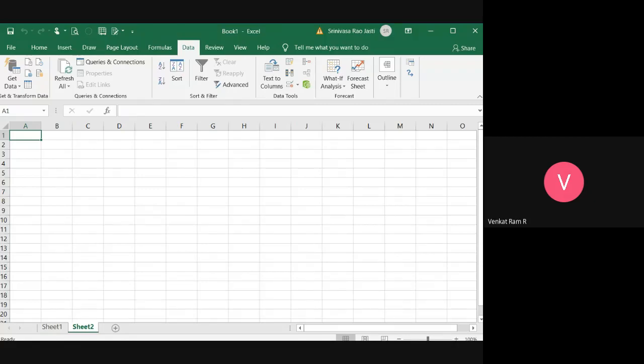So now let us see how you can link the data. Previously, we have seen consolidating data or consolidating tables, where we can add some values. Okay. Now what I will make is,